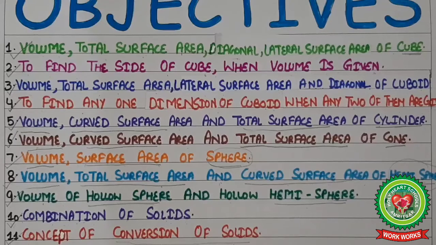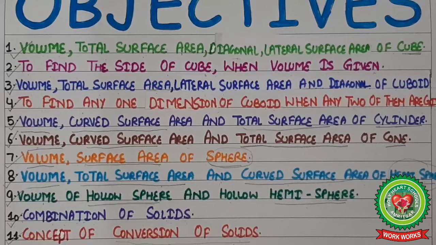So students, today we have done the concept of conversion of solids, in which we have done two things. First, how to find the number of things, and second, how to find the value of R or H. Now I hope that this concept of conversion of solids is clear to you, and now you will be able to solve the worksheets that have been sent to you in SNAP homework.